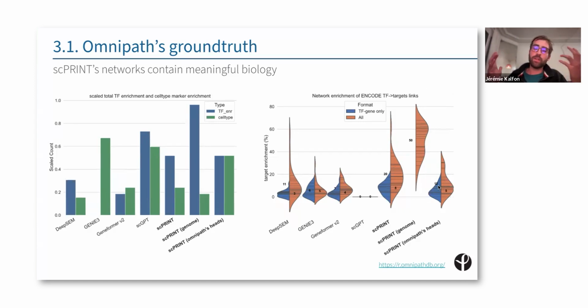And the main reason I think is mostly just because you have more genes, and so you have more statistics, and you can get a p-value for those, which you couldn't get before. So that's why SPRINT genome performed that well. But it also shows that you recover a lot of the ENCODE TF target connections from those models, and again they're not random. You have clearly learned something. Except scGPT performs random on this, but still it's better than random, and SPRINT here outperforms every other model